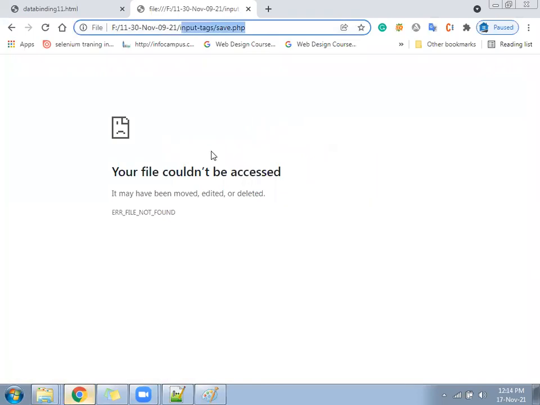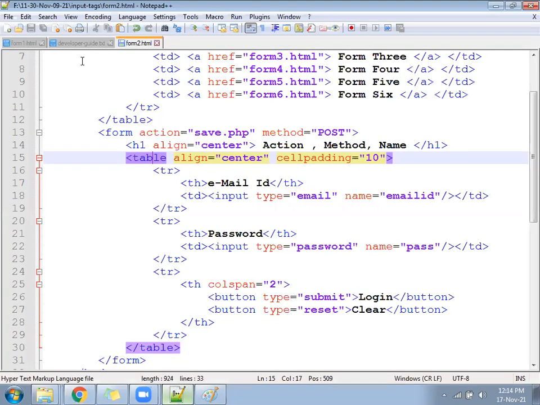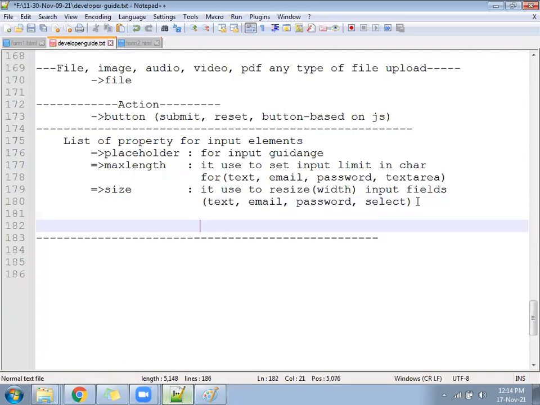Post is not showing the data anywhere, whereas get was showing the data somewhere. Come to our developer guide now. Write the method. First call action.